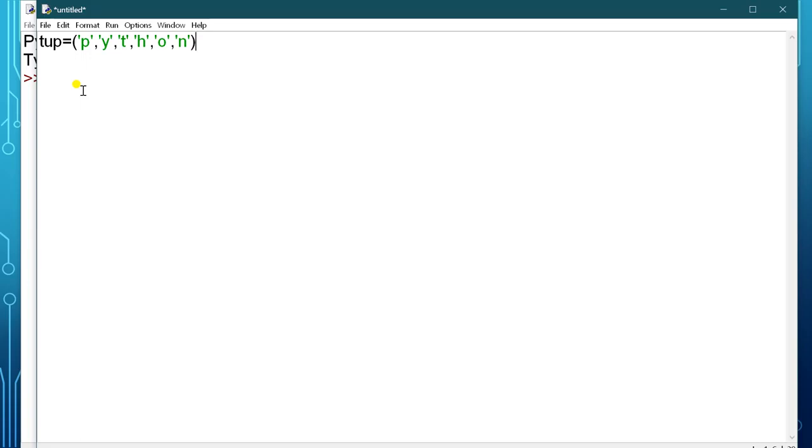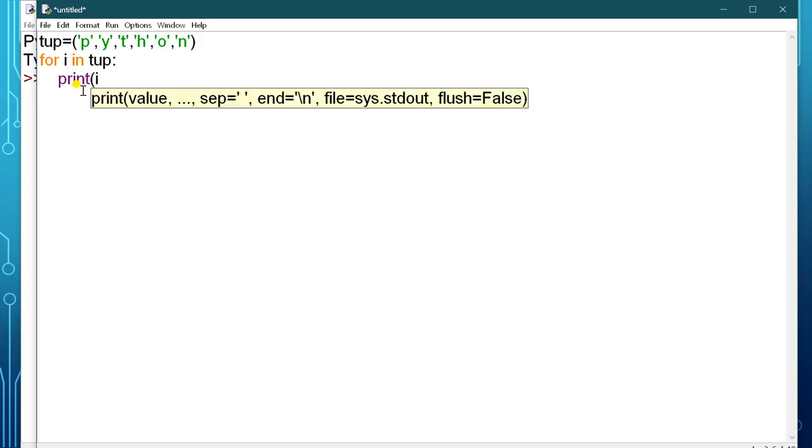I have written it with separate values by putting commas. Now use the for loop: for i in tup. So I am using the in operator here. Next you have to just print the value of i.